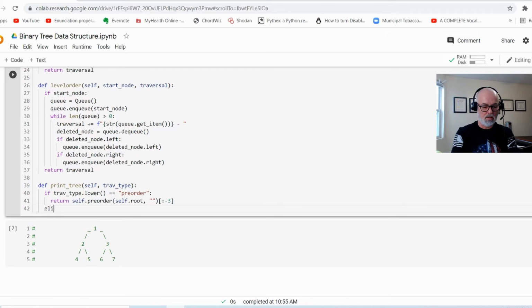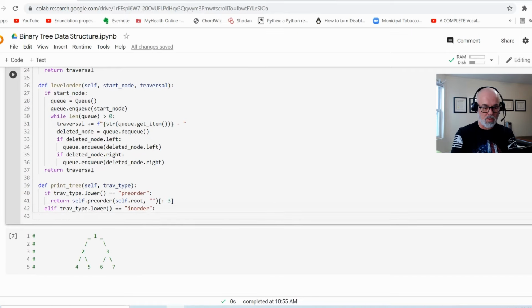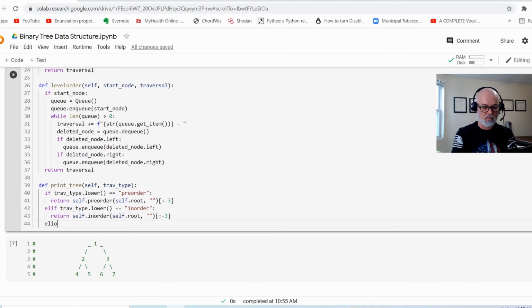All right, so elif traversal type dot lower equals. Now we're going to pick in order. All I'm going to do is return self dot in order, so that method, pass in self dot root, and pass in an empty string. I'm going to do the slice in the same way because all these methods, they have the same setup here at the end. So -3,